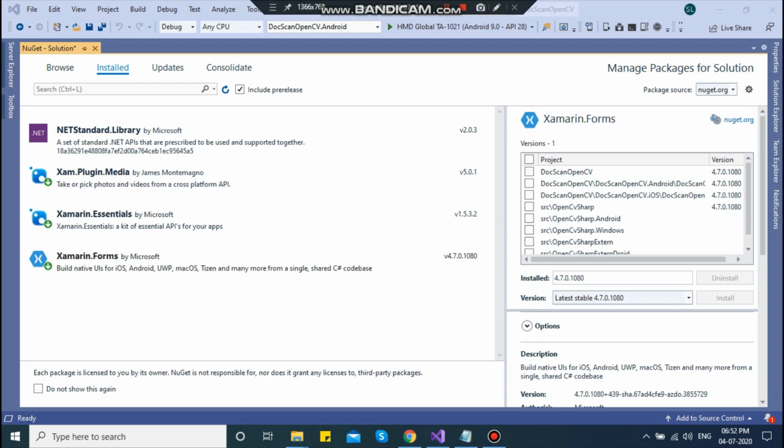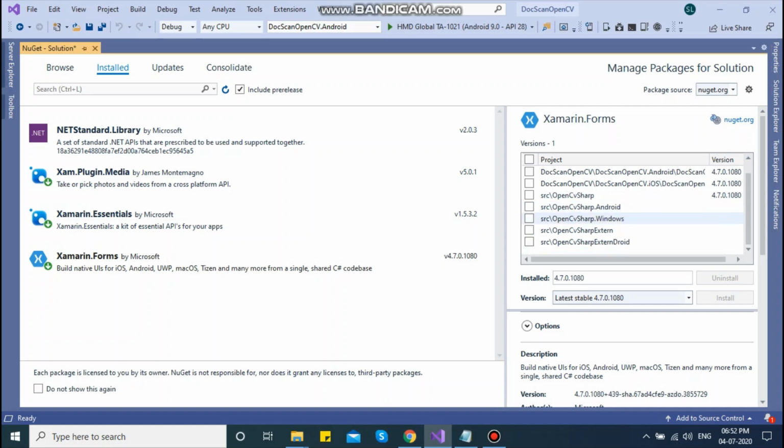Okay guys, so as you see, my Xamarin Forms NuGet package is installed in my Xamarin Forms project, Android, iOS and source, and here OpenCV Sharp. Only these 4 projects have this NuGet package, else you uninstall Xamarin Forms from all other projects.